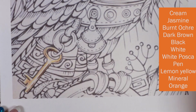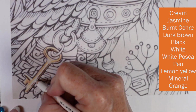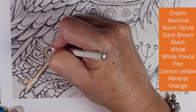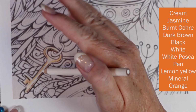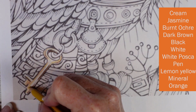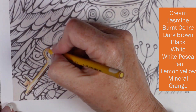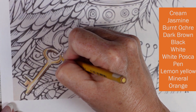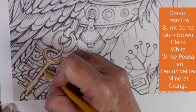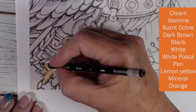Next I'm going to go in with my white, I think. I'm going to put in our highlight here. And then kind of work our way back through our lighter colors, blending everything out. Now going in with my black,